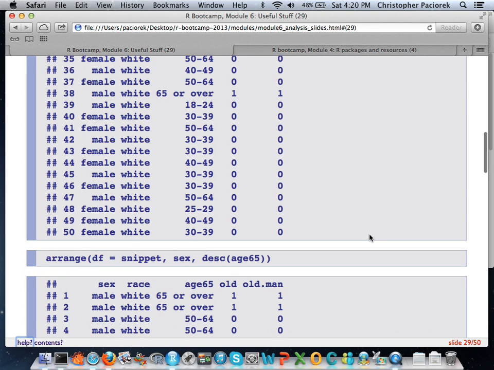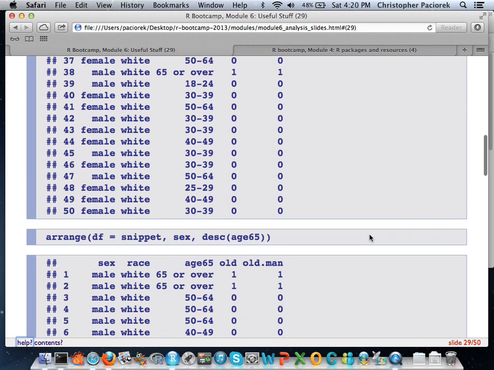This is basically the code that we get. And what I want to do now is take this little snippet of data and arrange it first in terms of gender, and then also in terms of their overall age. It's weird to think about ascending and descending of categorical variables, but it'll pick one to put first. So in this case, we'll just order it somehow in terms of gender, but then we've got this age variable here, and R can coerce it into something that's vaguely recognized as being ordered, so we want it to be a descending sort.